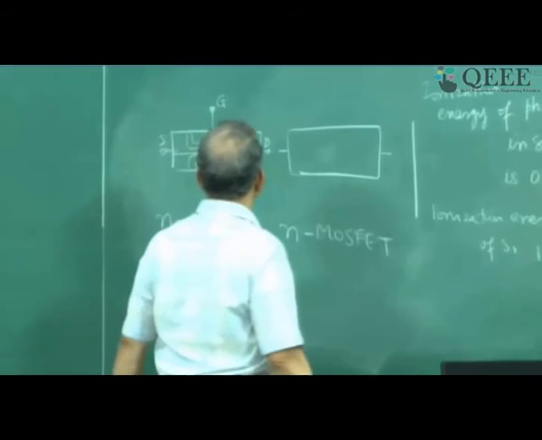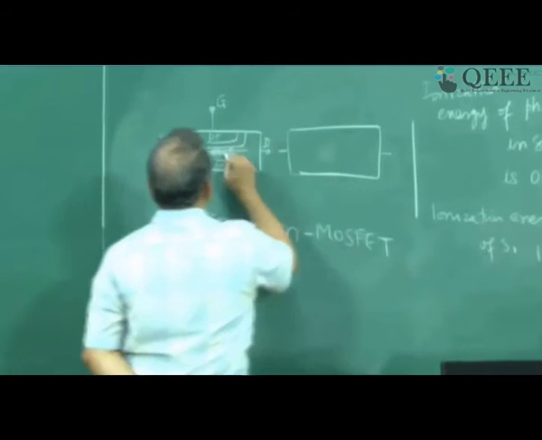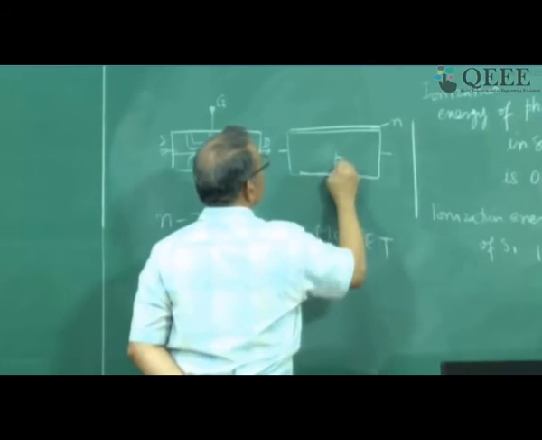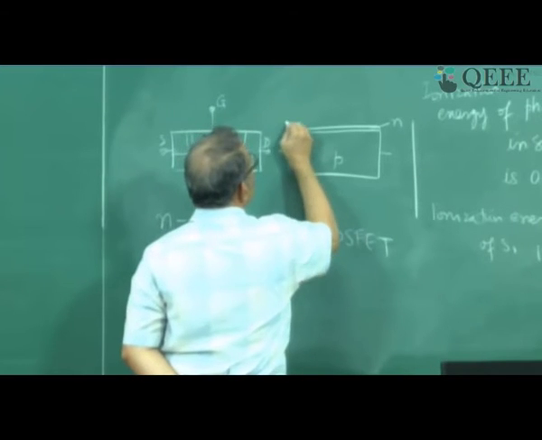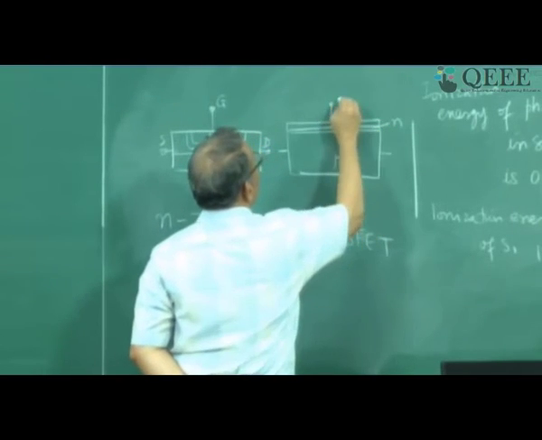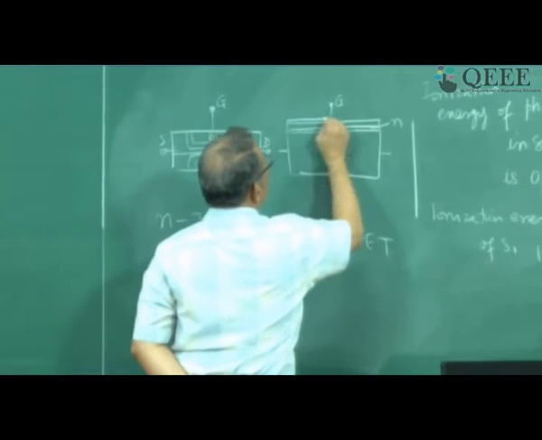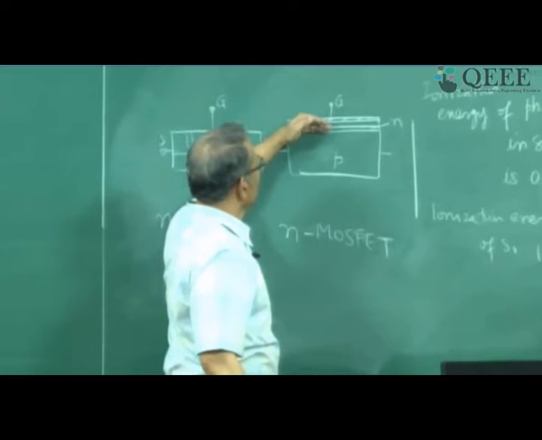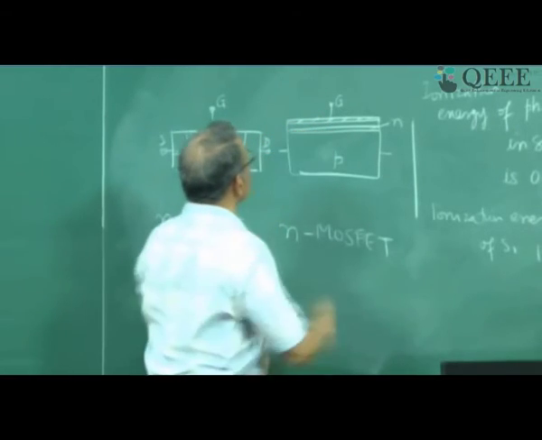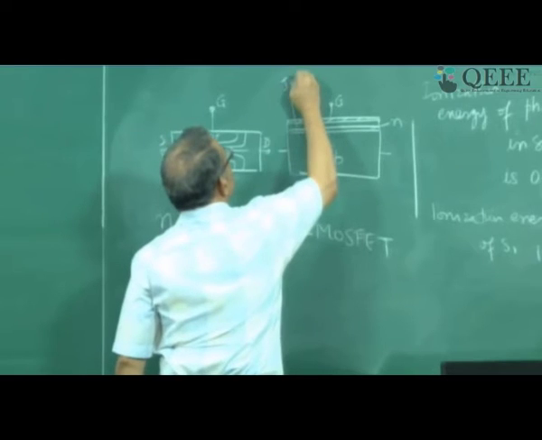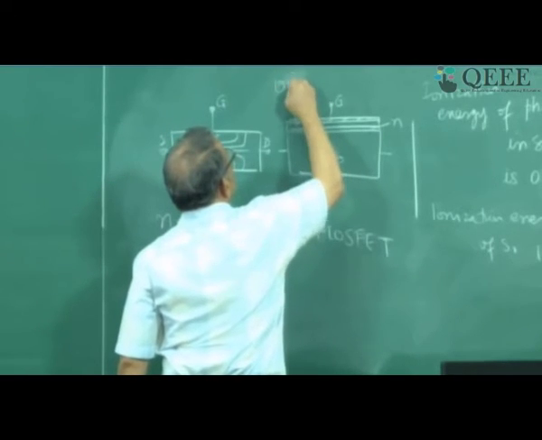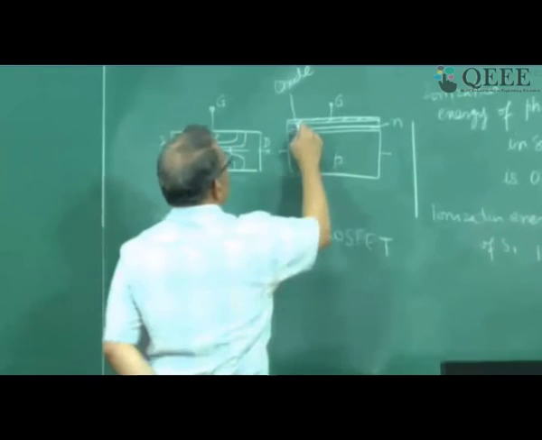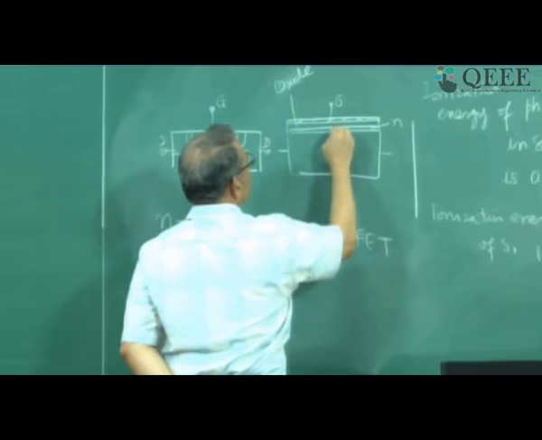In a MOSFET, the current flow will be as follows. That same N region will be like an inversion layer here. So this will be the N region, this is P, and this inversion region will be created by a gate electrode which is away from the semiconductor. So there is an insulator here, or oxide. That is why the word oxide in MOSFET. There is an oxide layer, an insulator, separating the gate controlling terminal from the semiconductor.